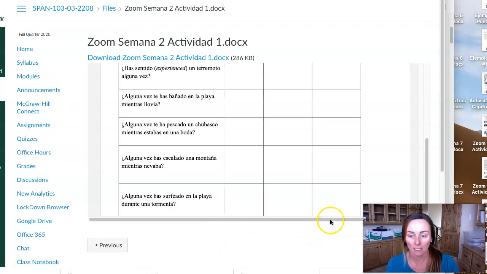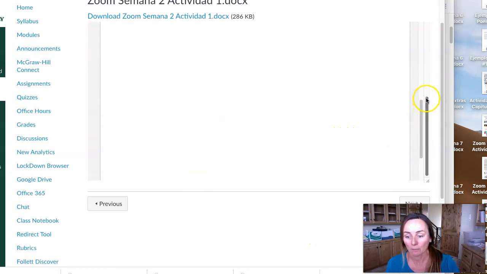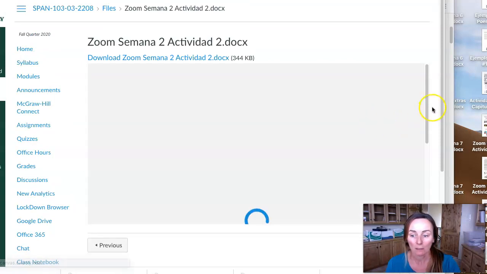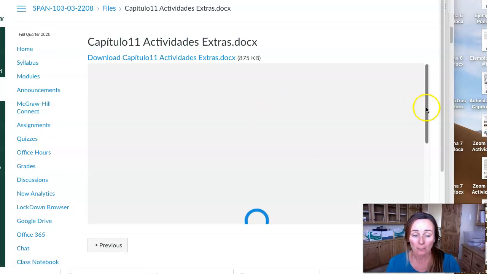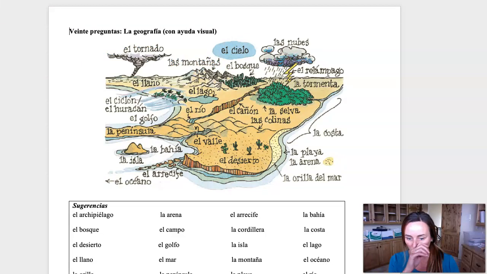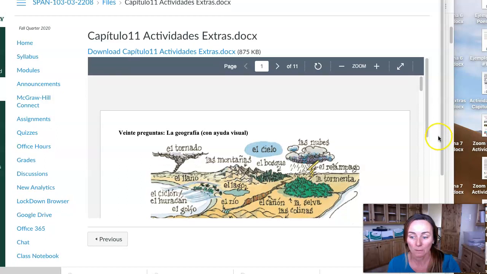Here they are. You're going to see it's a review essentially of what we've been going over last week and then this week. I'm just going to skip ahead to these. Also, there's actividades extras. If you're finding that you're running out of activities, these are extra activities similar to what we would do in class. They're still loading, but you can always practice these with a partner, a friend, someone that you know that speaks Spanish. So 20 preguntas just to reinforce the vocab and to reinforce the grammar concepts that we're going over. So just to show you that those are there, that's what those are for.